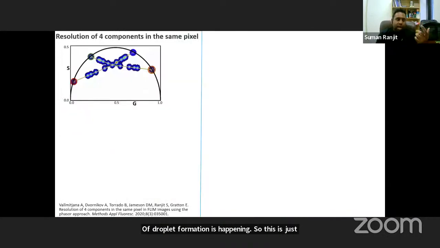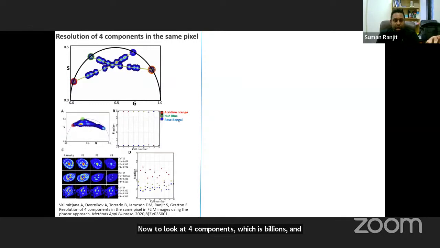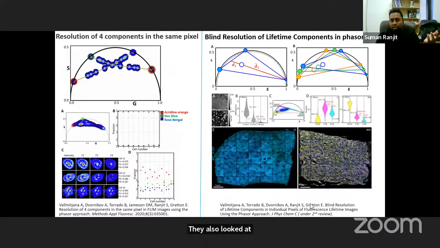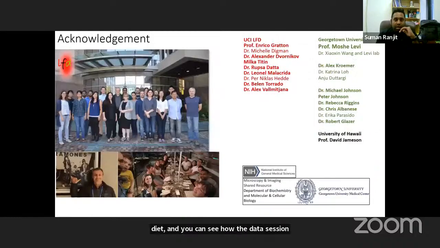And finally, phasor allows us now to look at four components, which is Balance and Alex's work. And part of that, they looked at multiple components. They also looked at this blind resolution, which Alex talked about, to calculate this, again in liver between high fat and low fat diet, and you can see how the redox ratio changes. And with that, basically,